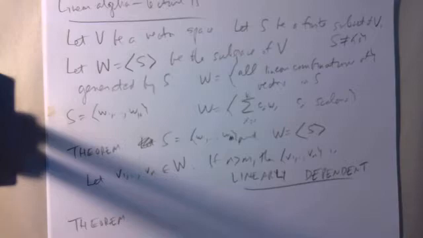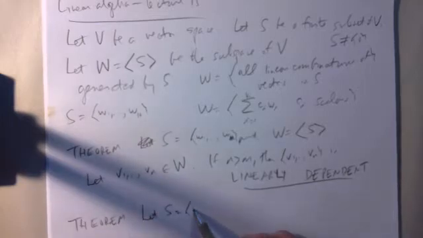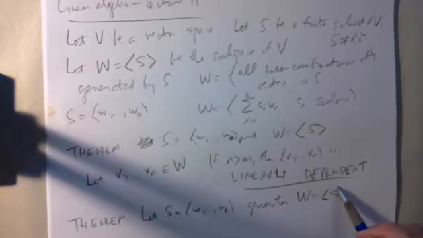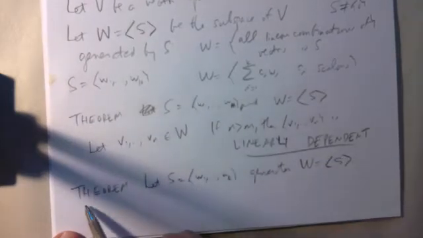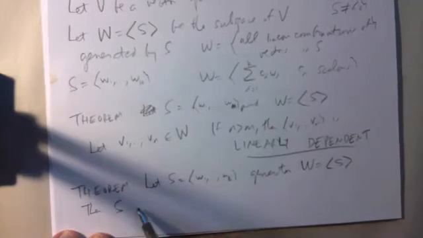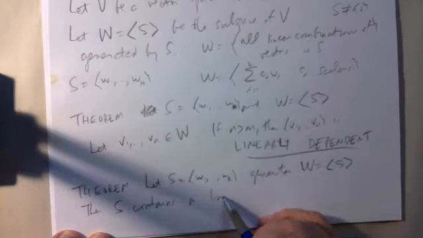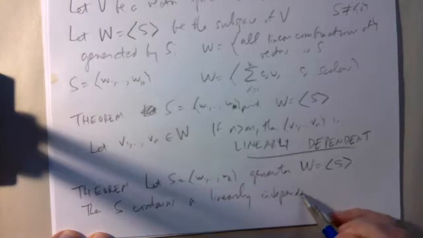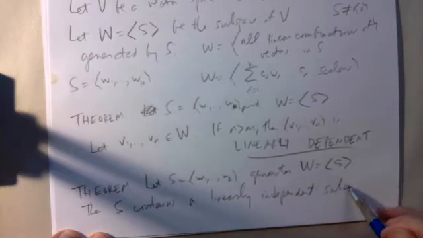Before I did that, I had proved another result, which said the following. Let S be the set of vectors, and it generates a vector space W. Then S contains a linearly independent subset